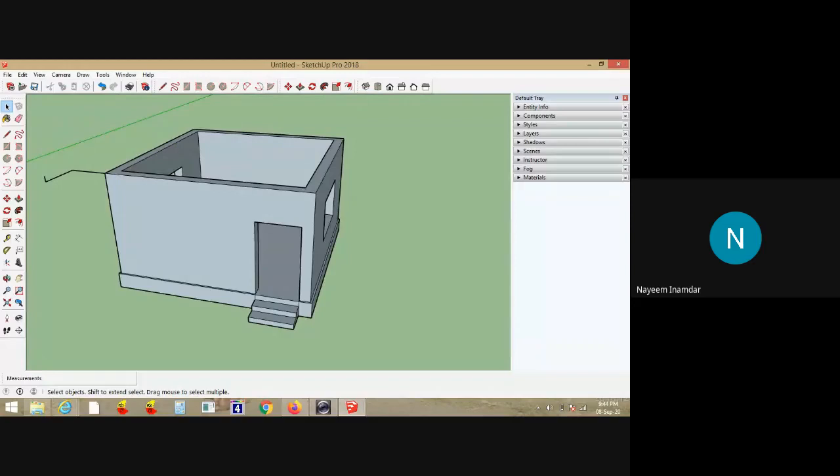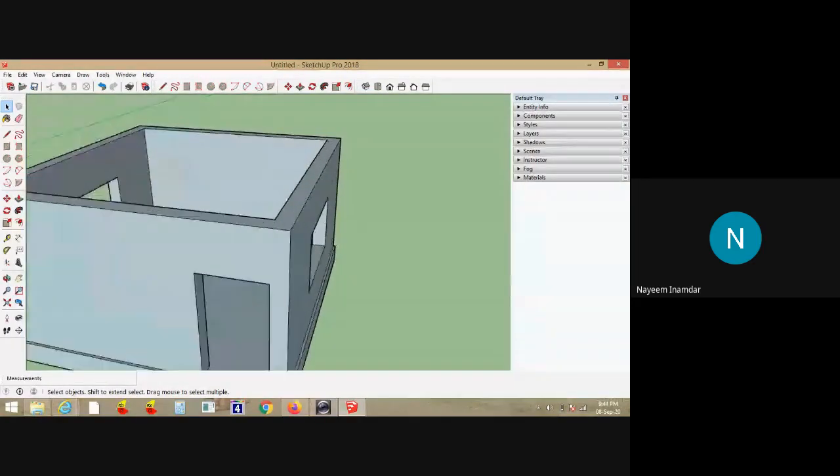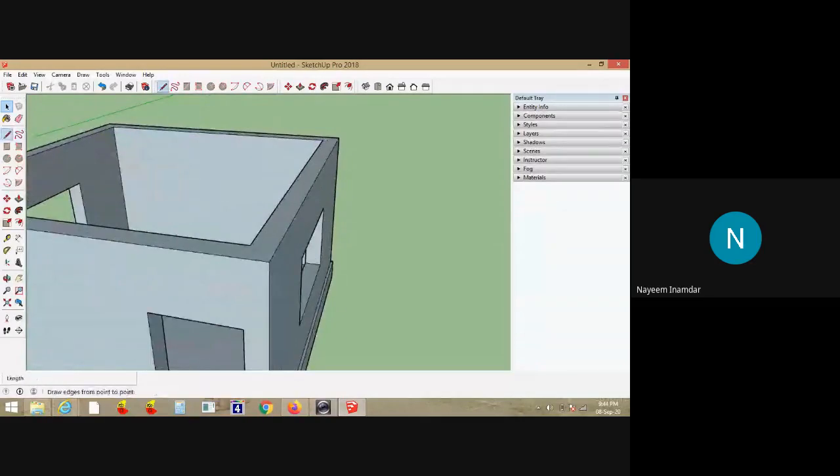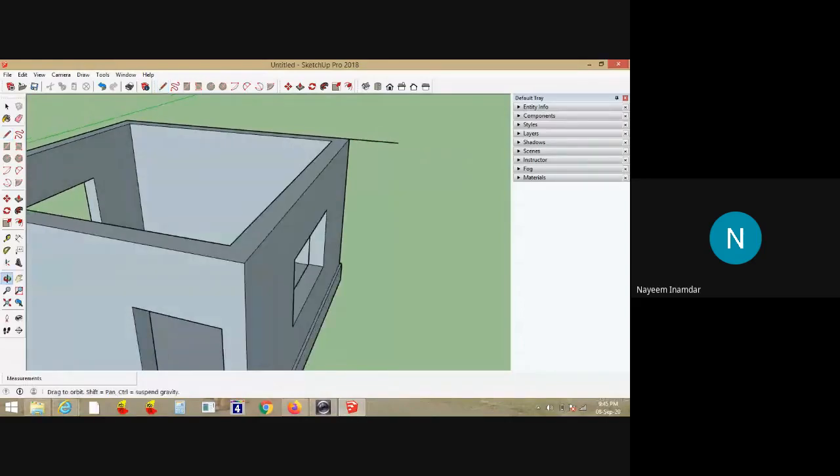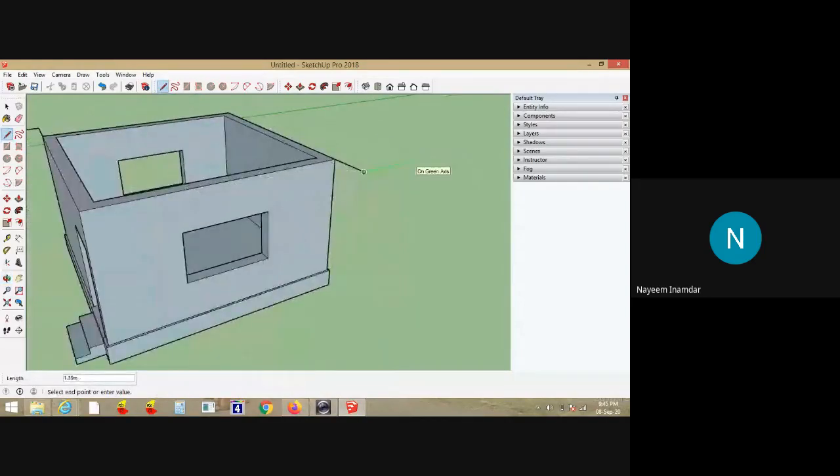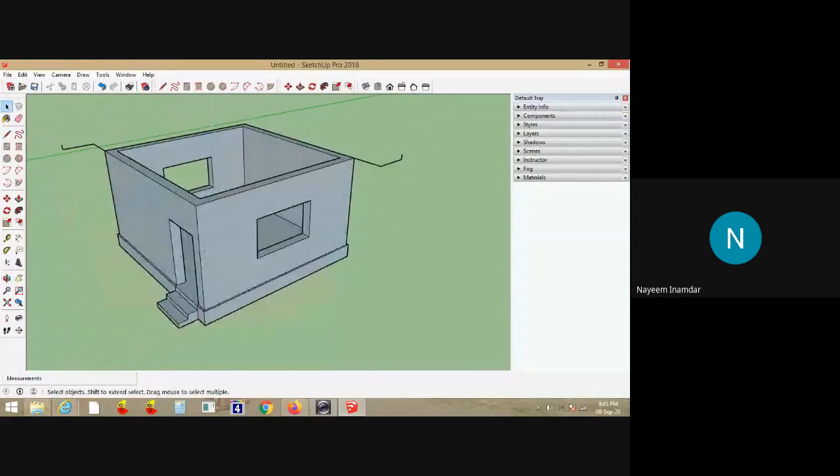For this corner, the opposite corner will be this one. So again, I'll take the line command, draw a line in this direction of 1 meter. Then perpendicular to this line in this direction, 1 meter, upward 0.15, because this is the slab thickness. Now we got it. These two are the opposite diagonal points of the slab.